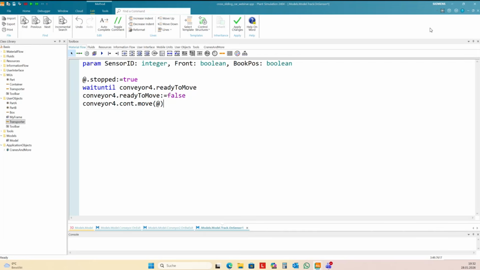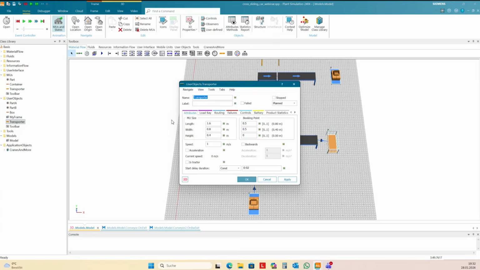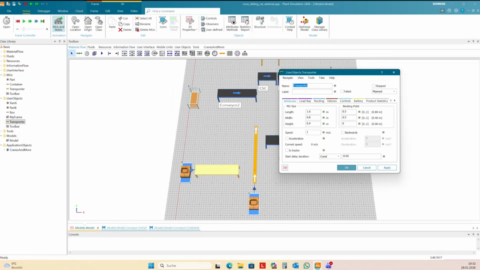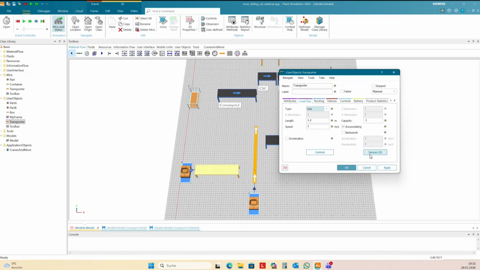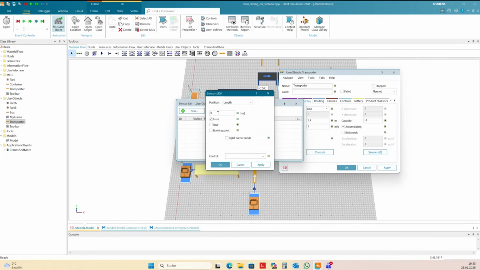Okay, this is the first part of the control. We need to split it into several parts. The second part is on the transporter. And on the transporter, I need a sensor control on the load bay of the transporter. So on the load bay, you can create sensors here. The load bay length is 1.2 meters, and I want to have the sensor at 0.6 meters. And again, booking point instead of front.